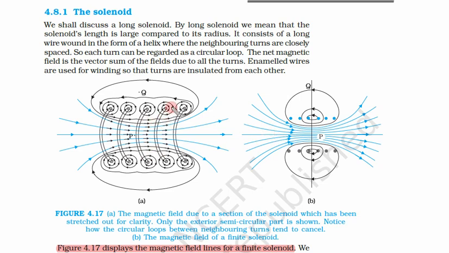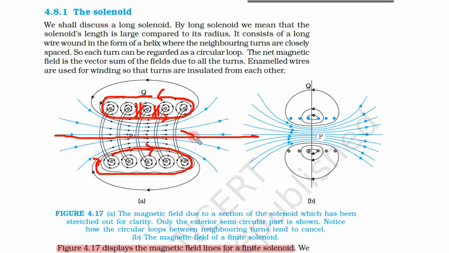We have already seen that the field inside the wires, or in between the wires, is exactly cancelled out. This is cancelled out, so we get a very big loop outside the solenoid. Here you can also see, this is in this direction, this is in this direction. So inside the solenoid, the field is in this direction. Outside we can see this direction.